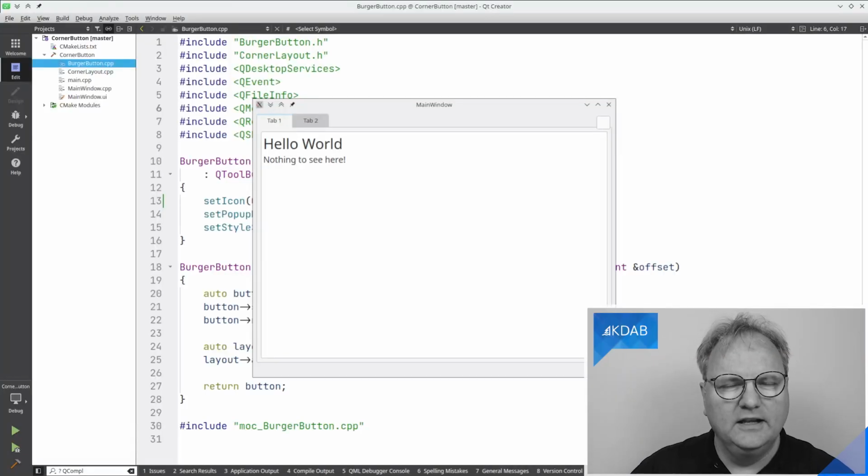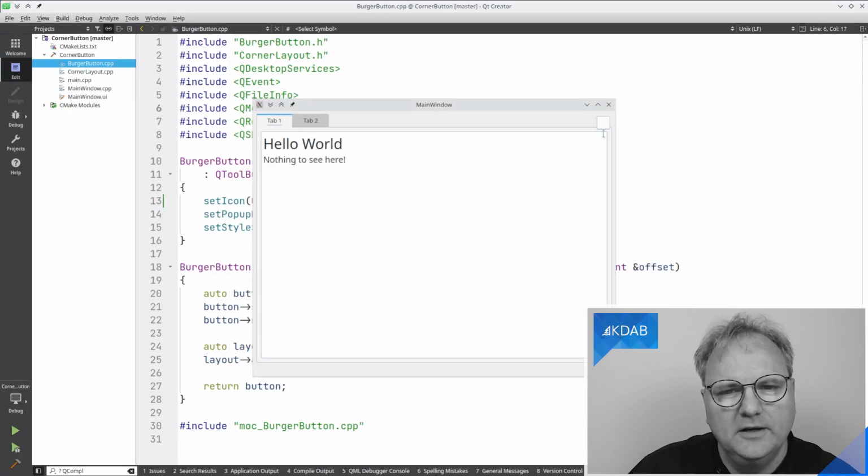But let's start out with an example of this, and I'll see if you, with the background you have now, can spot the error. I'm running the application we saw a few episodes back, namely the one with the corner button up here, but this time you can see the button is rather, well, underwhelming.